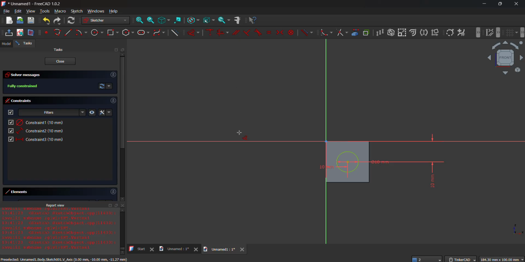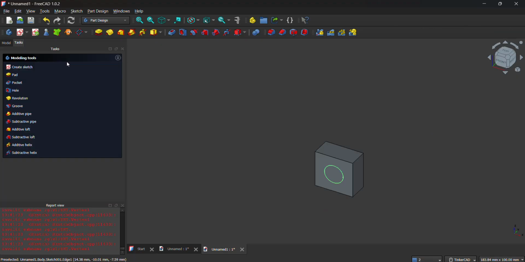Now notice that it's already green, or fully constrained. Then let's close it so we can turn this into a cylinder object.